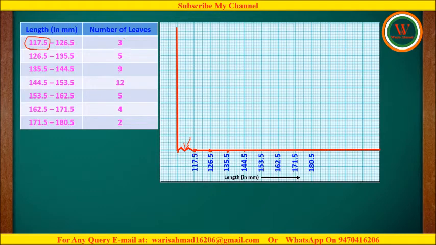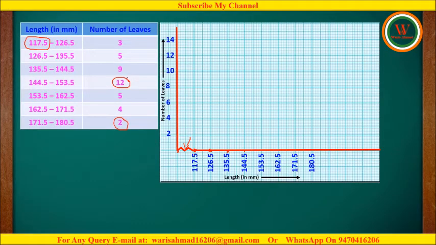Here we have the very first data 3, then 5, 9, 12, 5, 4 and 2. The minimum data we have is 2, and the maximum is 12. So here we can take the difference of 2. On the y-axis, we will write down all these numbers. So we can write here 0 to 2, then 4, 6, 8, 10, 12 and 14. Similarly, we have to label this y-axis as number of leaves. So here we can write number of leaves.